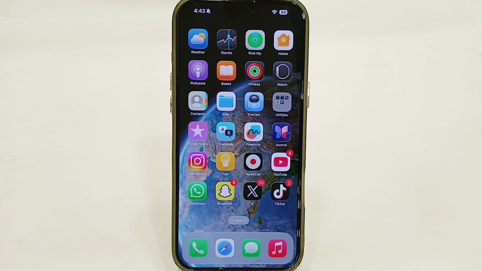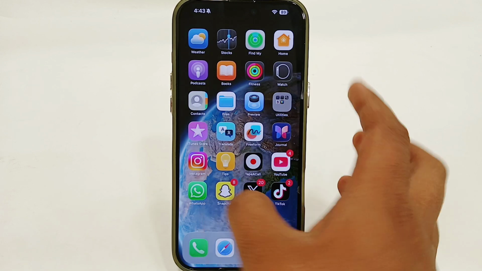Hey guys, today I'm going to tell you how to open a zip file on an iPhone. If you're using any iPhone and you want to open any zip files, let's see how you can do that without any third-party app. You just have to simply open your Files app,